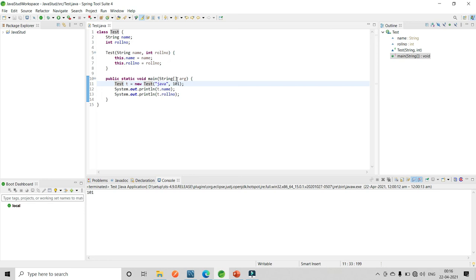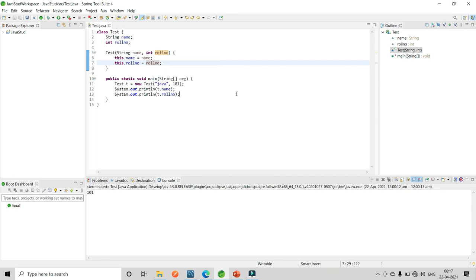After creating the object, when we call that constructor and pass the values Java and 101, at this time it will be initialized with Java and 101. So what is the use of a constructor? The use of a constructor is to initialize the object. The name and roll number are initialized by Java and 101.